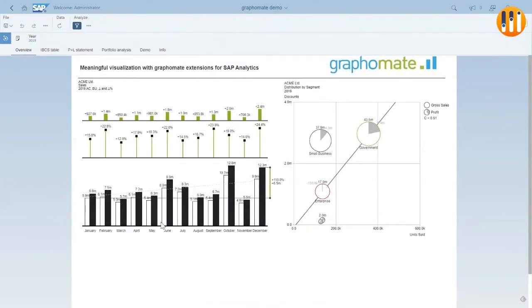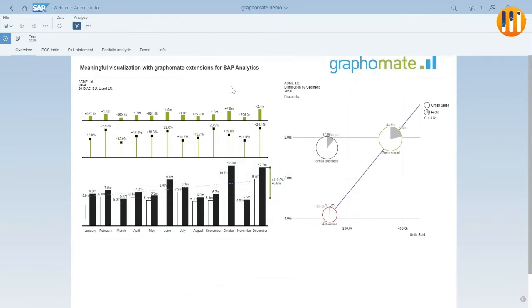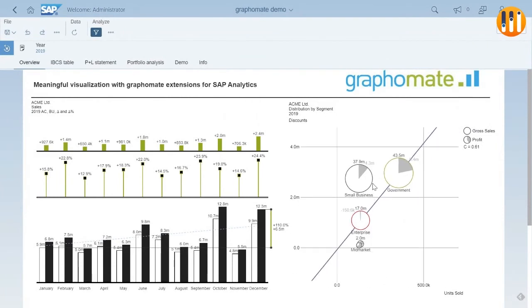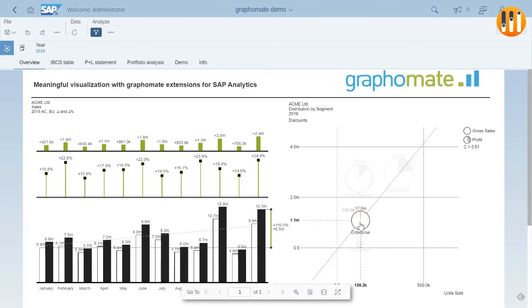As already mentioned, we have the planned and the actual data just shown in solid and outlined. I try to make it a little bit bigger so you can see more. Next to it we have the bubbles, which are really nice to show some portfolios and how everything is located to make better decisions. You can also use conditional formatting to highlight some values which need to be highlighted, like for instance, we have profit which is negative, so we have more cost than we make with our sales.